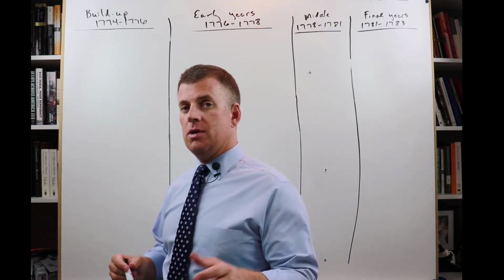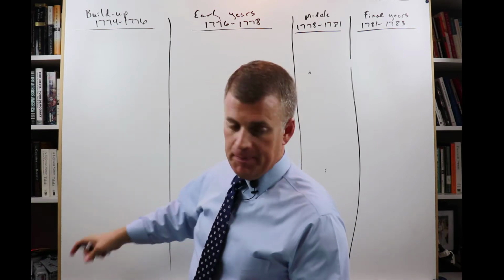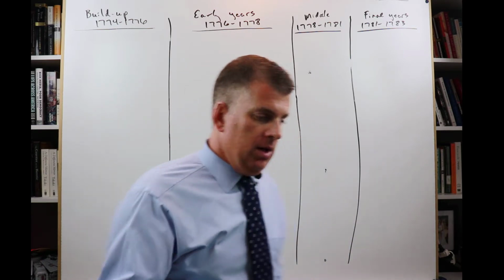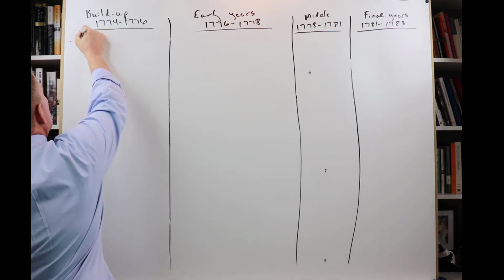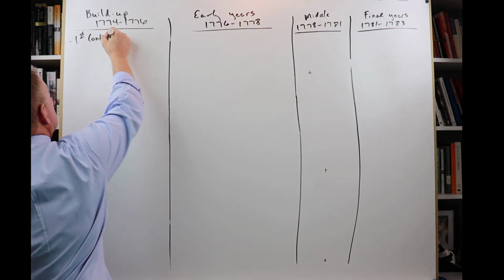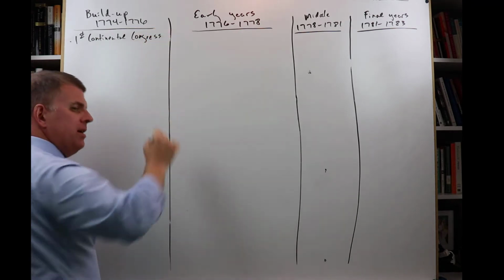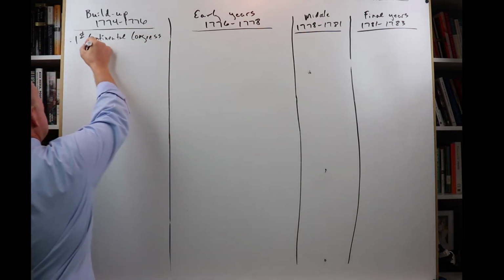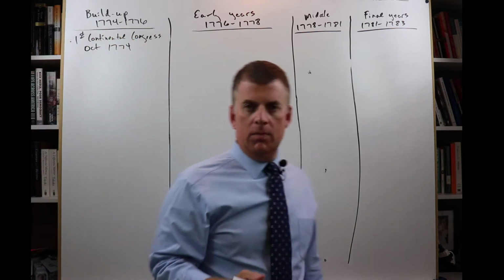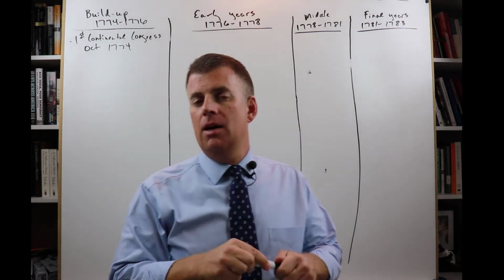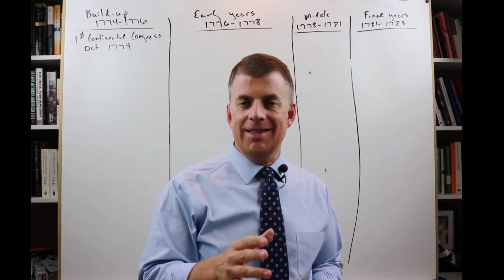All right, now we're starting to fill up our chart. We're going to start over here with the build up to the Declaration. The first thing we're going to write is the First Continental Congress, October 1774. Now, the First Continental Congress was a meeting of representatives from all over the colonies, every colony except Georgia,